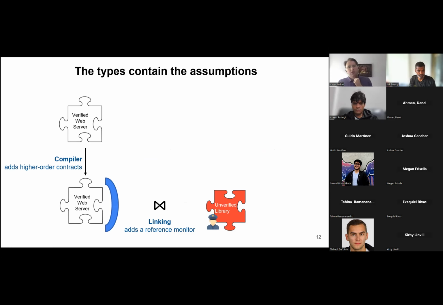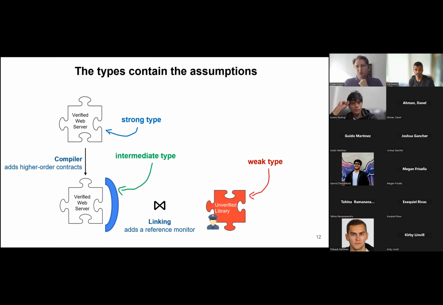Right. So our verified program or web server uses these strong types, but our unverified library, our read contents function, should have a weak type, meaning no precondition and no postcondition. And we have to bridge the gap between these two. We do this using two techniques. And we have an intermediate point, which we call an intermediate type. Basically, we have to bring the strong type to the intermediate type and the weak type to the intermediate type. And during compilation, basically,